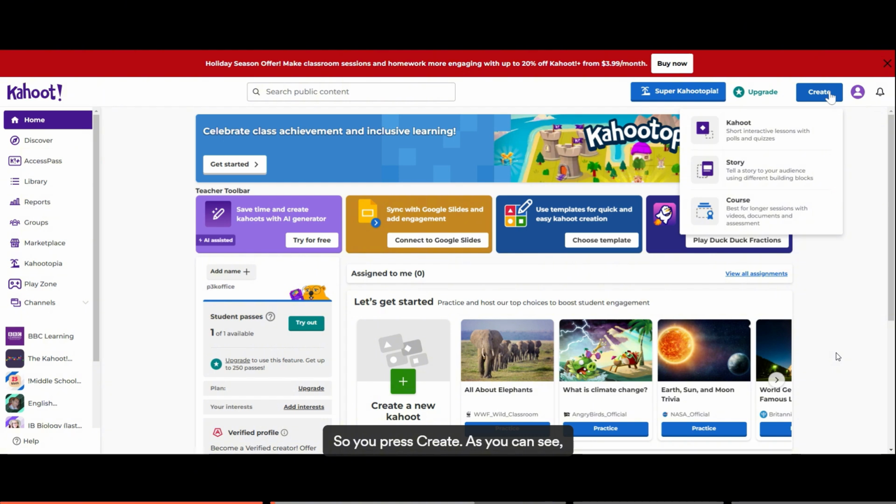So you press Create. As you can see, there will be a lot of templates for you to choose from, or you may design from scratch.